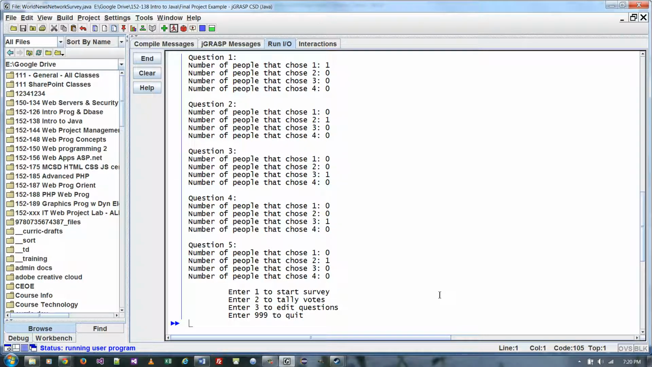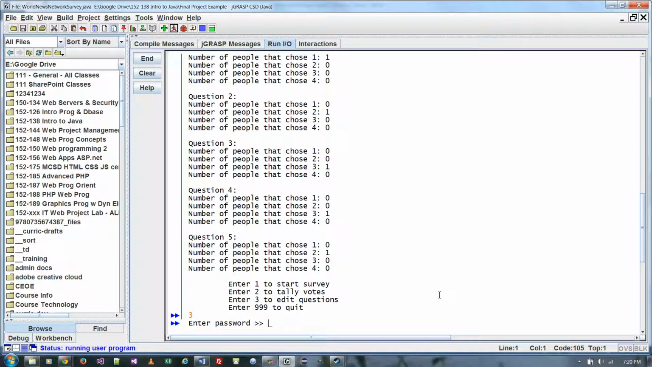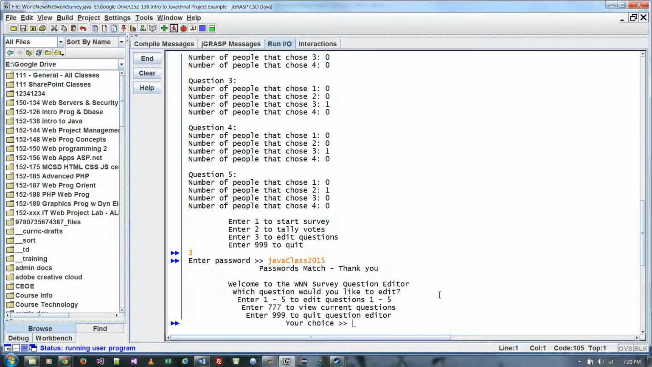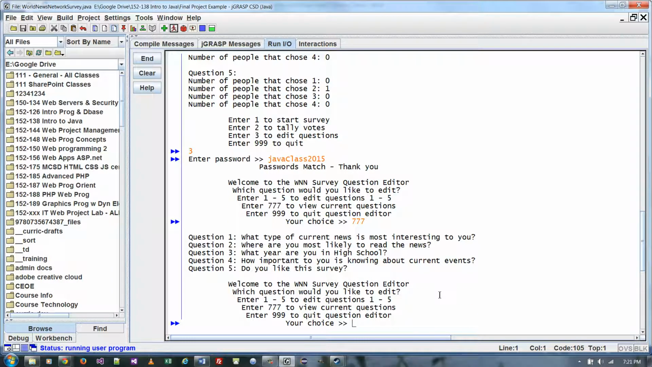And now additionally we can edit the questions, and it does require a password. And then you're brought up to a different menu. You can see what it prompts you. It says, which question would you like to edit? And you can edit questions 1 through 5. You can also type 777 to view the current list of questions. So if I want to edit question 5,